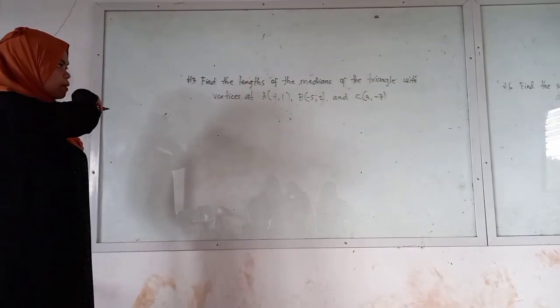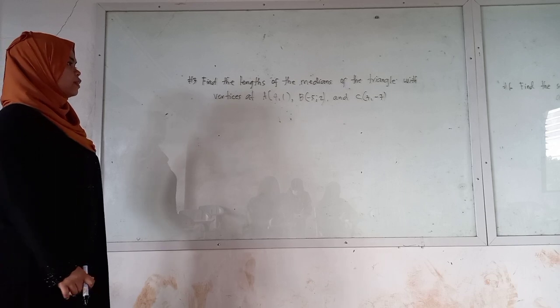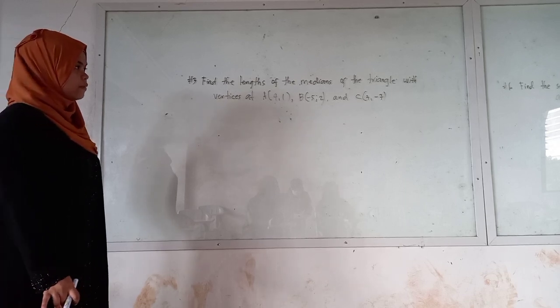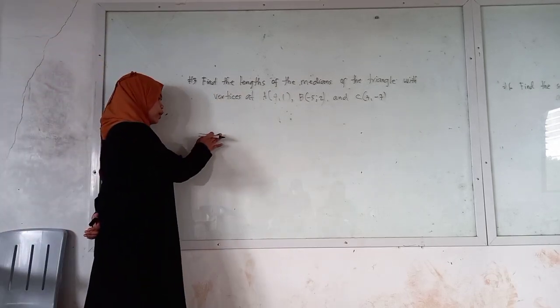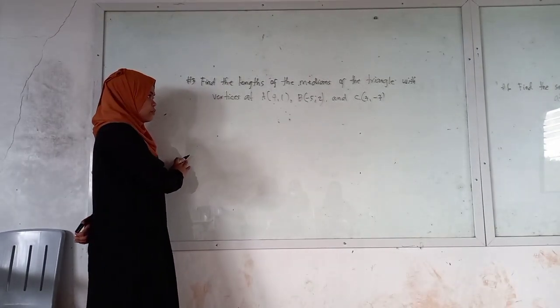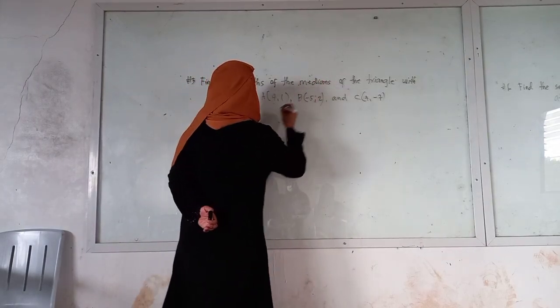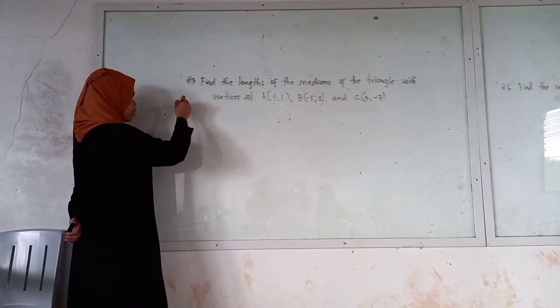So find the lengths of the medians of the triangle with vertices at (4, 1), (-5, 2), and (3, -7). So in this problem, we are going to use the midpoint formula and, at the same time, the distance formula. Kasi, pag sinabi natin na median, that means if I have this triangle, for example,